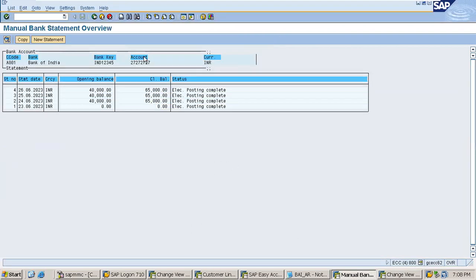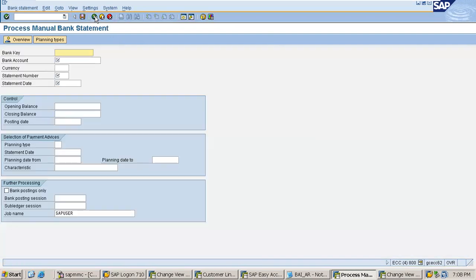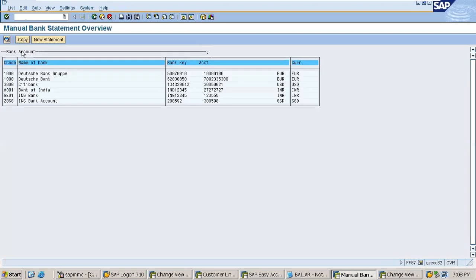Even though, if you see here, in order to see my opening and closing balance in this account, go to transaction code FF67. If you have already uploaded a couple of statements into the system and you want to see what the opening balance and the closing balance of that bank account would be, come to transaction code FF67,